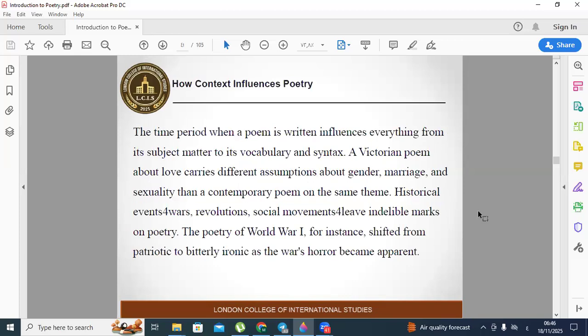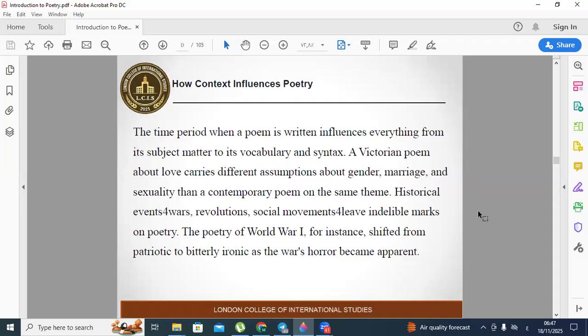The time period when a poem is written influences everything from its subject matter to its vocabulary and syntax. A Victorian poem about love carries different assumptions about gender, marriage, and sexuality than a contemporary poem on the same theme. Victorian poems might assume women are pure and passive, men active and protective. Assumptions contemporary readers would challenge. Historical events, wars, revolutions, social movements,